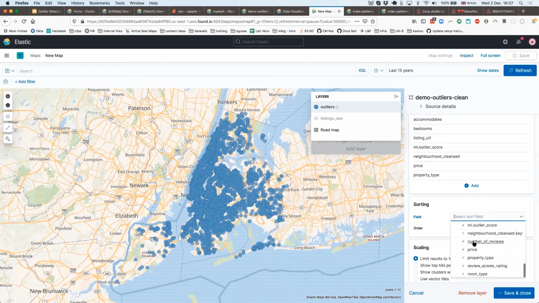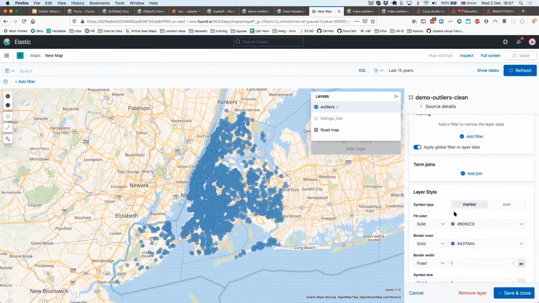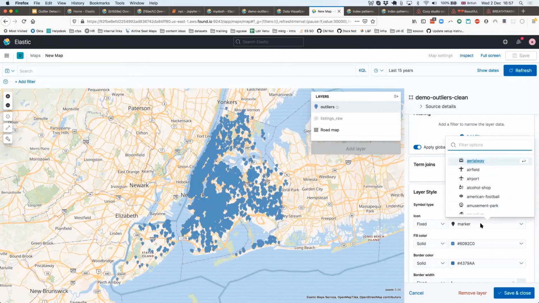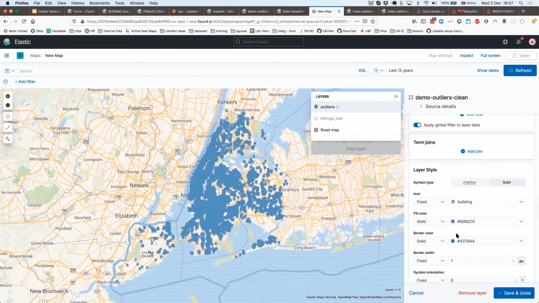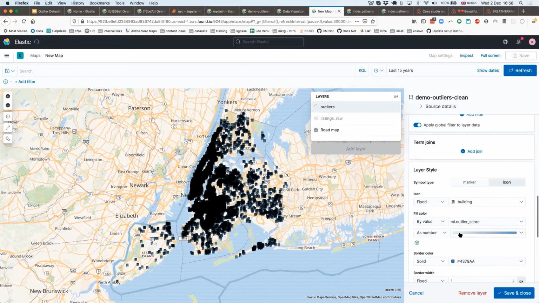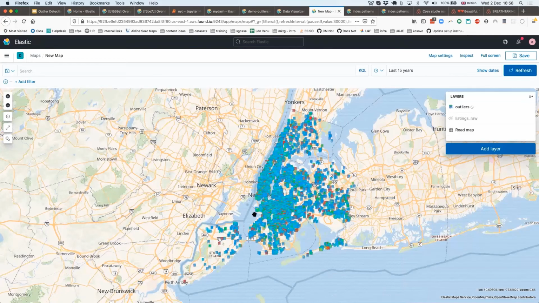Okay. We want to sort them by outlier score because we're limiting how many are displayed, and we want the strangest ones to definitely show up. Okay, so we are going to use the same building icon as before because I like it better. Now the fill color. This is where it gets a little bit more interesting. So we can use the outlier score or indeed the price or a number of things. And let's use some super garish display. Okay, great. All right, so we can try exploring that, but